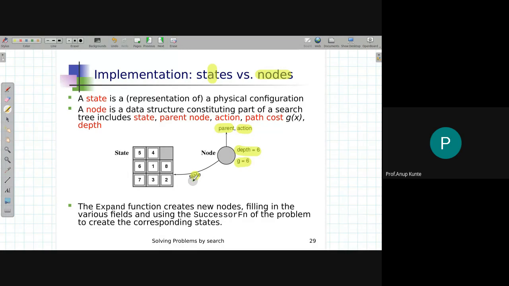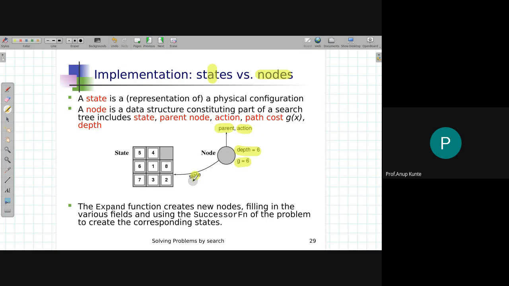But how to know from where I came up to this particular point in the search tree? To know where I came from, I should have the parent pointer to understand who the parent node was, whose expansion led to this particular node being generated. The other thing you should know is, when the parent was expanded, what was the action that resulted in this state change such that this node got initialized and came into being.